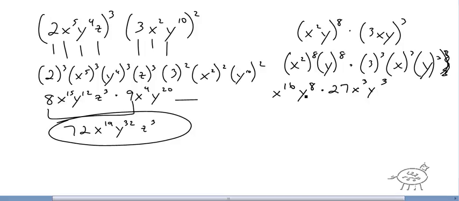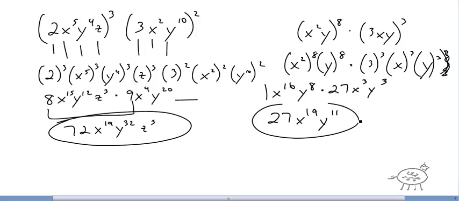And then you put it all together. Now there's no number here, but it's just like saying a 1 over there. So 27 times 1, 27, x to the 19th, y to the 11th. That's your answer. Okay? Pretty straightforward. Okay, now the last topic for the first day of exponents is when you have